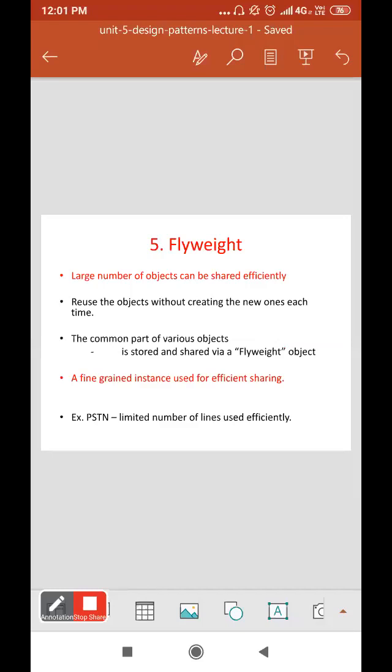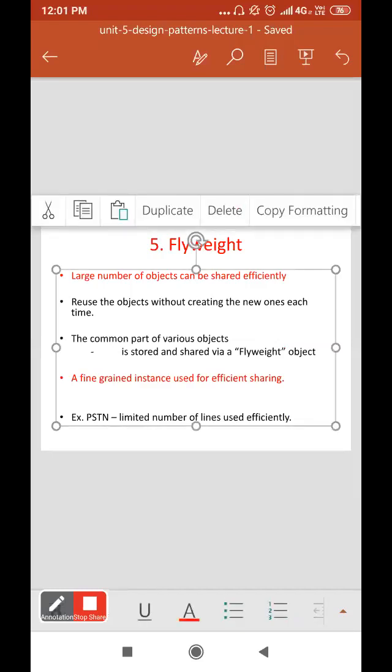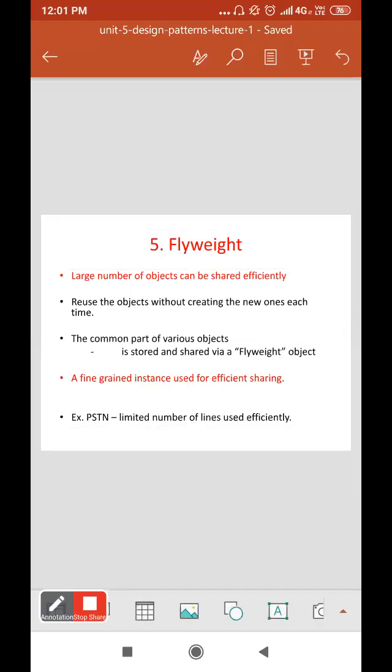The common part of various objects is stored and shared via a flyweight object, a fine grained instance used for efficient sharing. For example, PSTN uses only a limited number of lines efficiently. You have a bunch of lines, but only a limited number of lines are used.